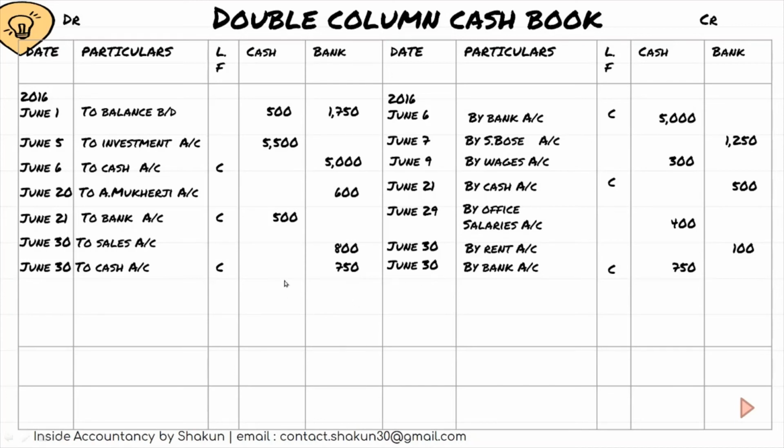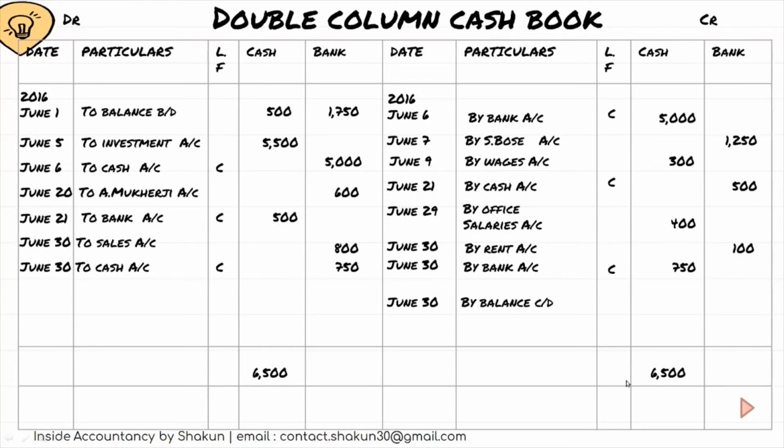So find out the total of DR and CR side. The greater total is written on both sides, on the debit side as well as the credit side. In case of cash, cash can never have a credit balance. So cash will always have a debit balance. So the DR balance of cash is greater, that is 6500, which we have written on both sides, on the debit side and credit side.